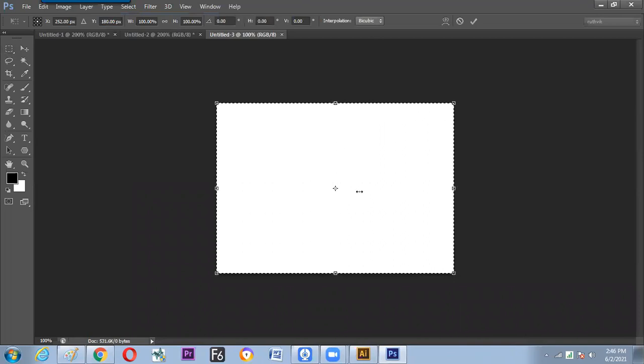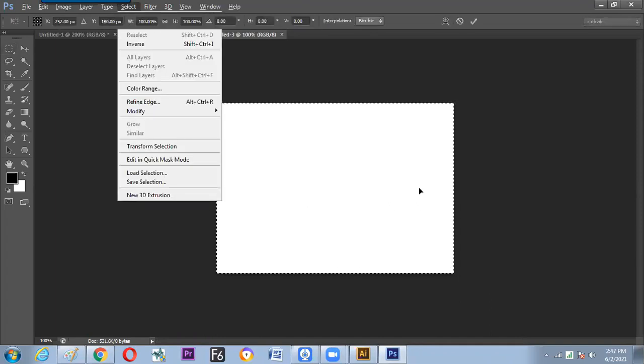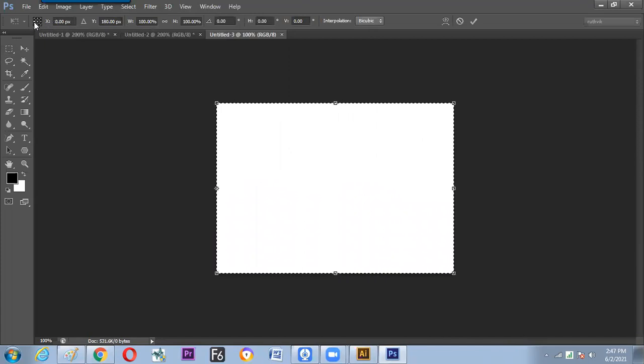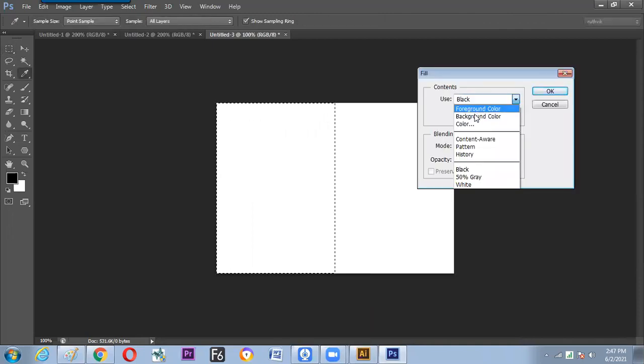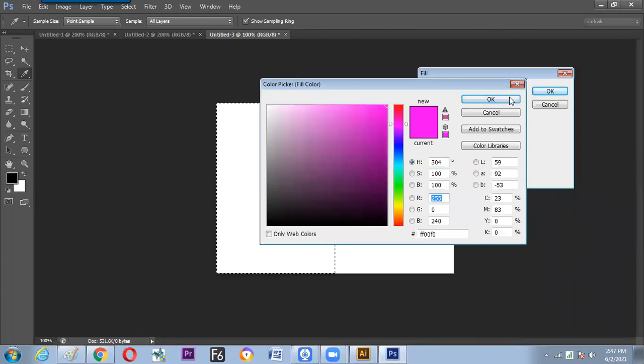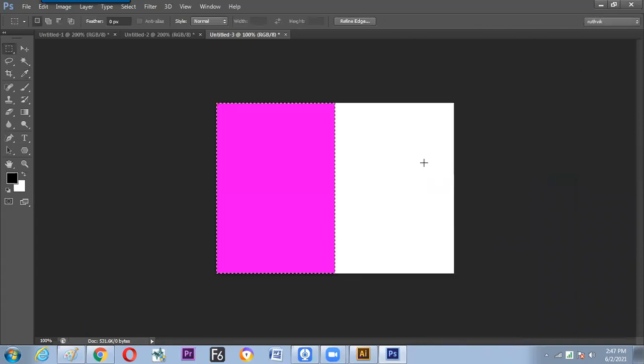You can drag like this and come to the center, but where is the center? Here, we don't know. So at that time, what can be done? There is a simple button over here, a reference point. Get the reference point to the left side and make this width go to 50%. Then what happens? It will make it 50% off. Now fill the color with your required thing. And the job is done. So hope we have understood now how to scale things 50% from the left side, not from the center.